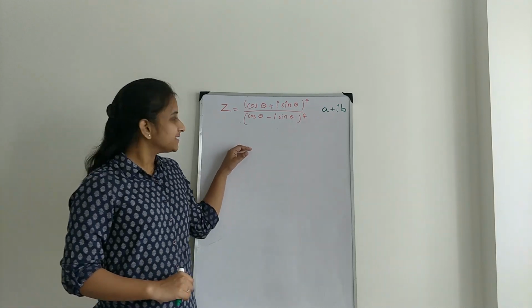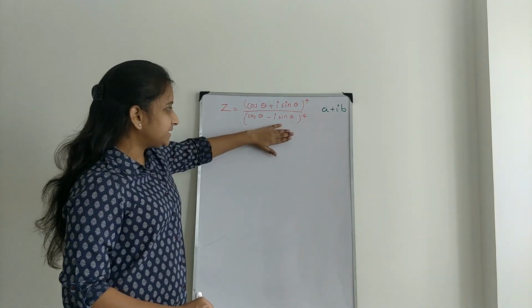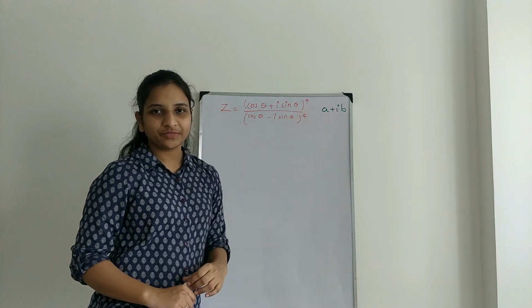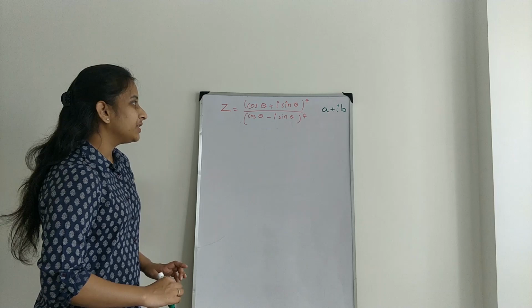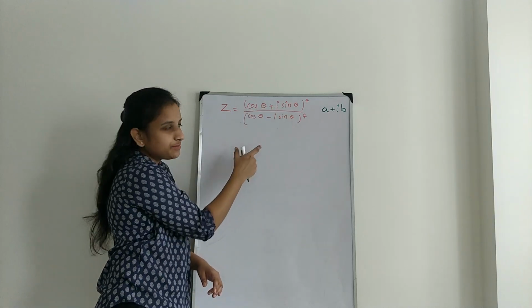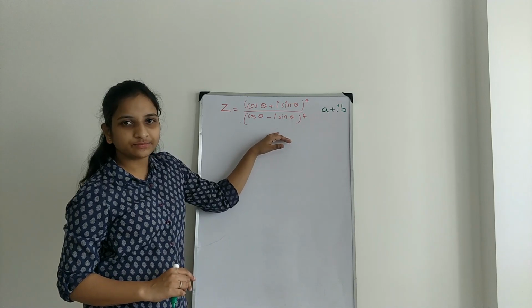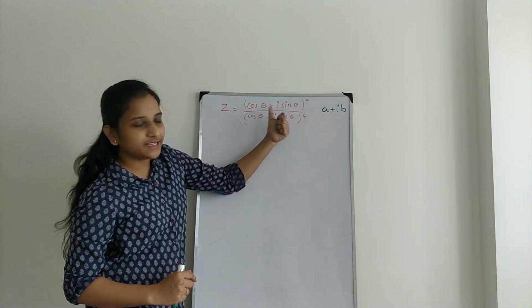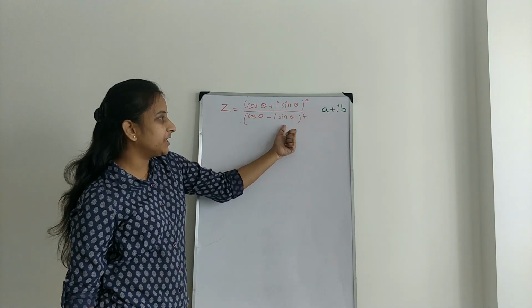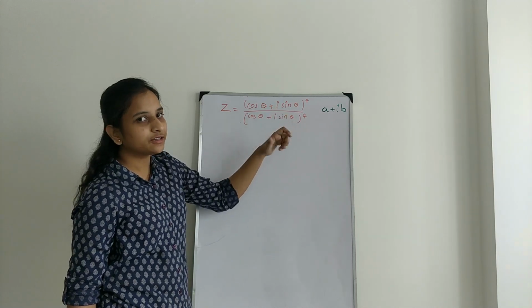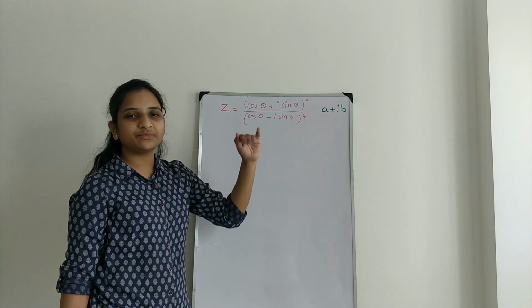Here, the question is z equals this term. Convert this into the a plus ib standard form. Okay. Now, this is the first complex number, the second complex number, and a division. How will we solve this? See, the numerator is in standard form and the denominator is also in standard form. I can use the e power i theta term here. Then the division becomes easy.